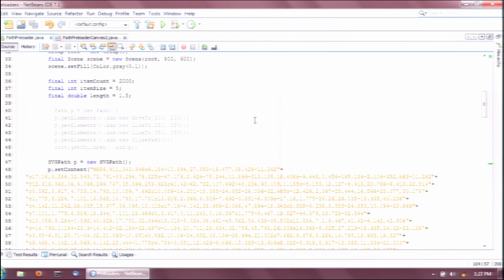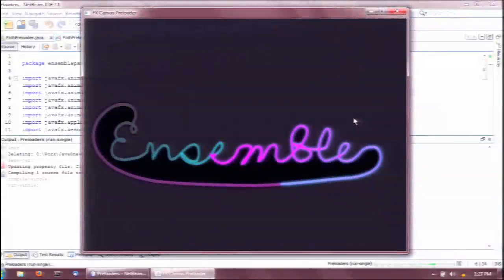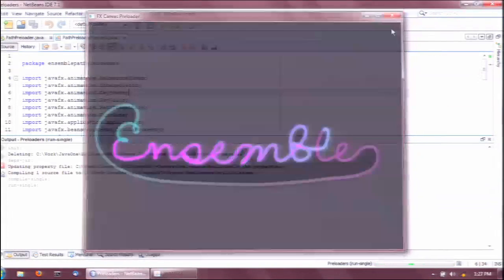Okay, so that's the scene graph version. Now the canvas. We have a canvas version that I'll run first just so you can see it does essentially the same thing. Yeah, exact same thing using Canvas. And in this case,